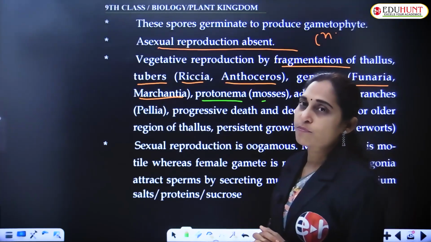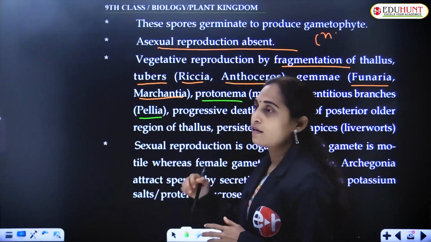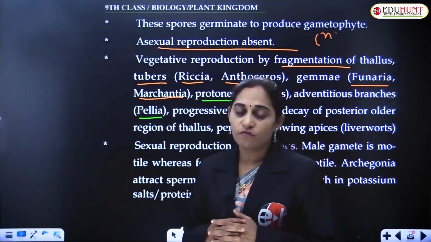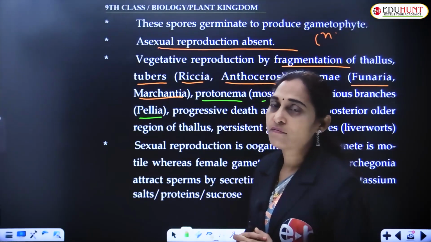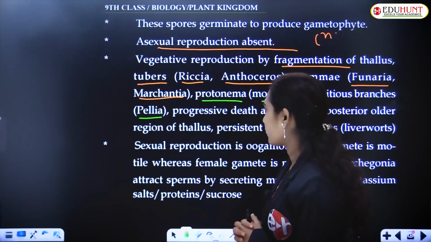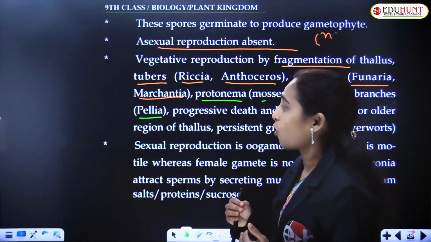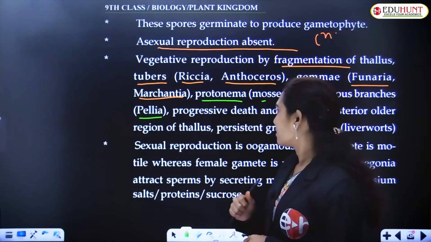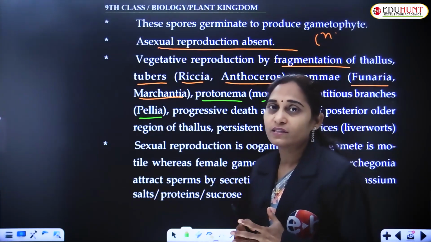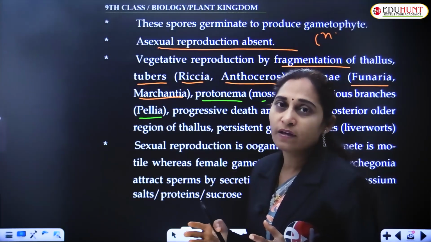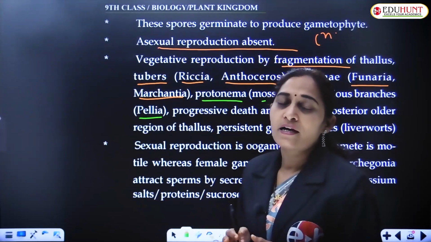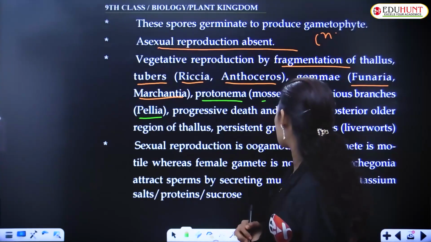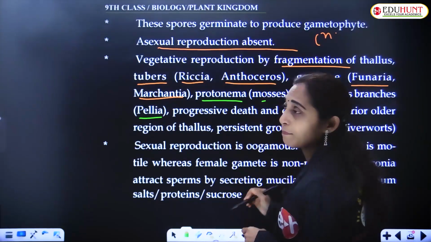Adventitious branches, for example in Pellia, that arise from the gametophyte act as vegetative reproductive bodies. Also there is progressive death of the posterior older regions of the thallus. The older parts degenerate or decay, and the newer thalloid bodies appear. The persistent growth appears at the apices, that is the tips,